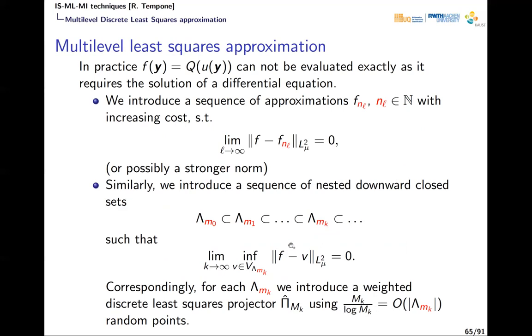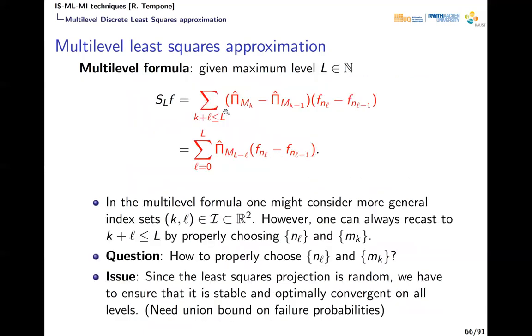And we also have some kind of discrete approximation of the PDE solution so that actually we have convergence in that way as well. If we have these two ingredients, right, the approximability with respect to the y and the approximability on the PDE, then you can create a multi-level formula where we actually approximate the function f by this